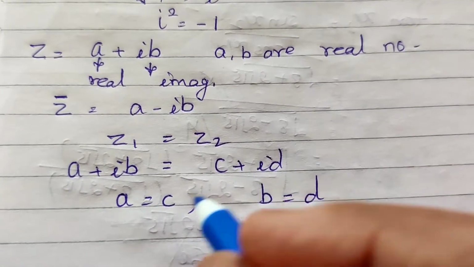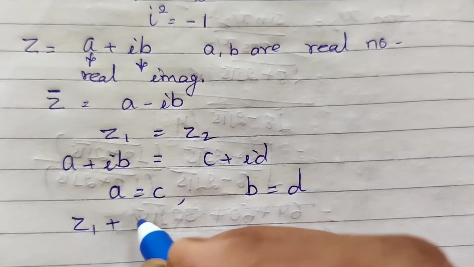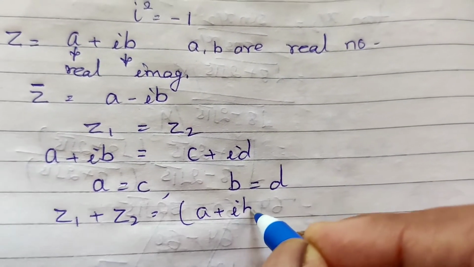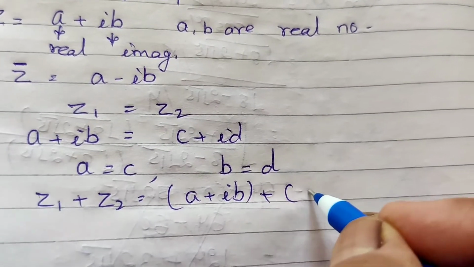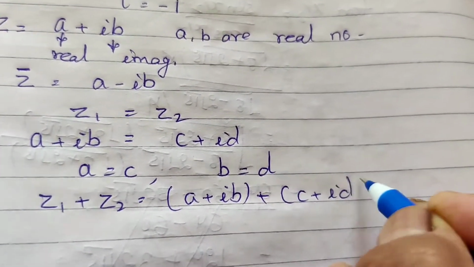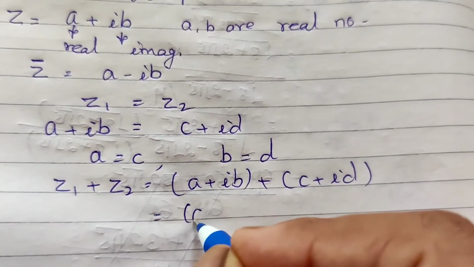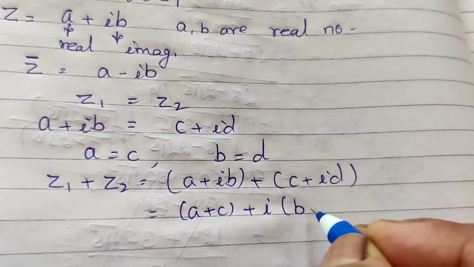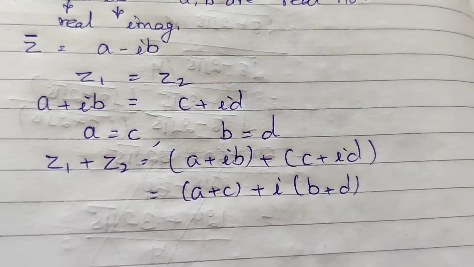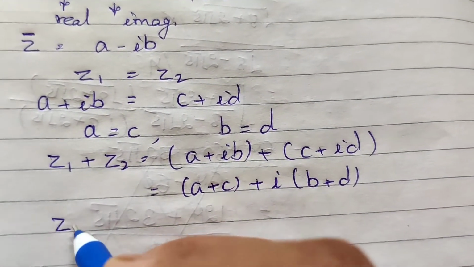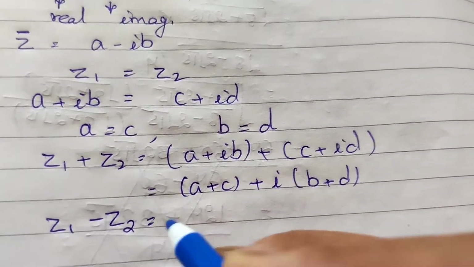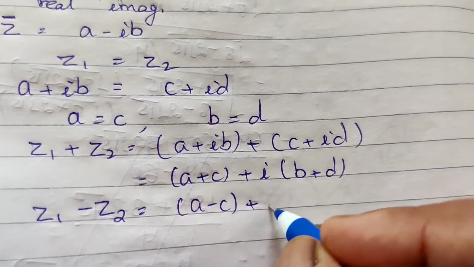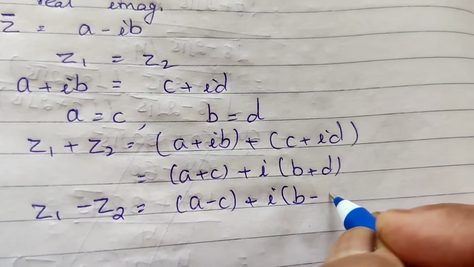Same way we can add this complex number a plus ib, अगर हम इन दोनों को ऐड करना है तो इन दोनों का एडिशन क्या हो जाएगा? एडिशन में रियल पार्ट रियल से ऐड करेंगे और इमेजिनरी को इमेजिनरी से. सब्ट्रैक्शन में भी वही करेंगे, रियल में से रियल पार्ट घटेगा और इमेजिनरी में से इमेजिनरी.